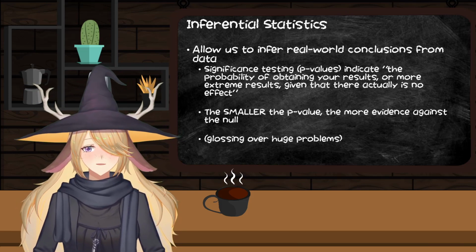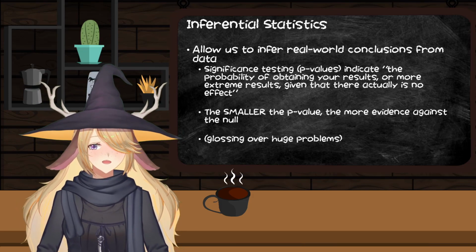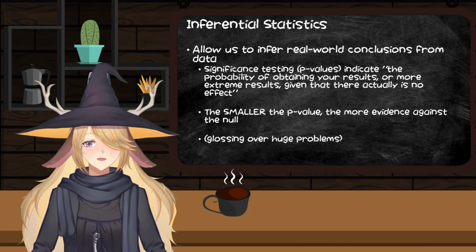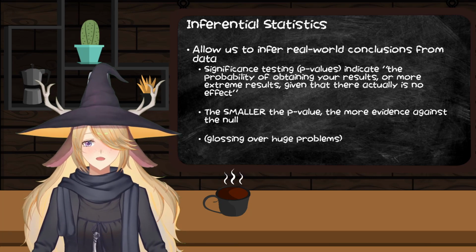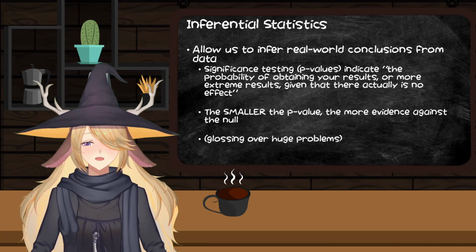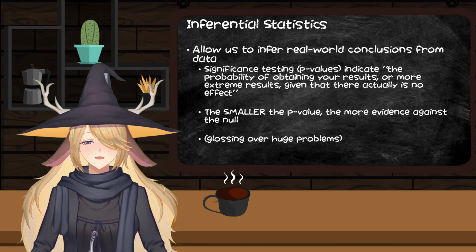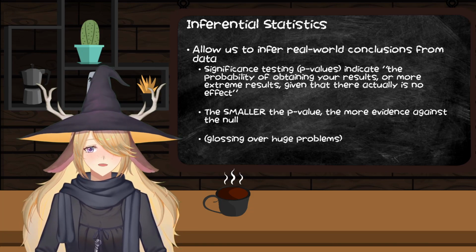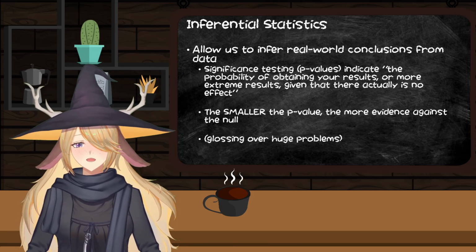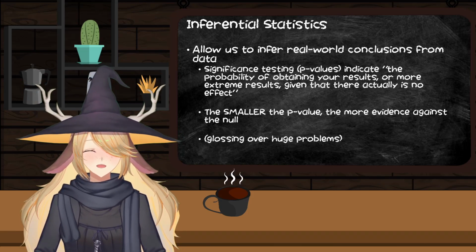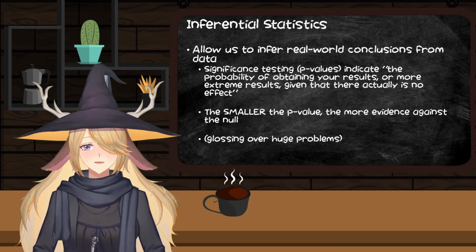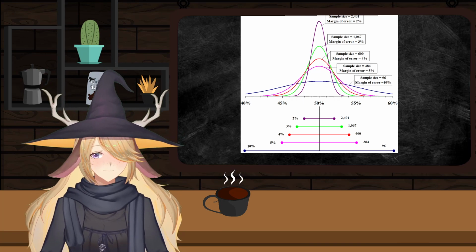Now, there is an enormous problem with p-values, an unbelievably huge problem that people don't think about. It turns out that a lot of researchers, in trying to get their work published and advance their careers, started taking p-values as more than they actually are and saying, as long as we can get this value under 0.05, this research is valuable and significant and has significant knowledge value. And that is not true. Sorry, I'm losing my composure here because I get so mad about p-values. So what is the problem?